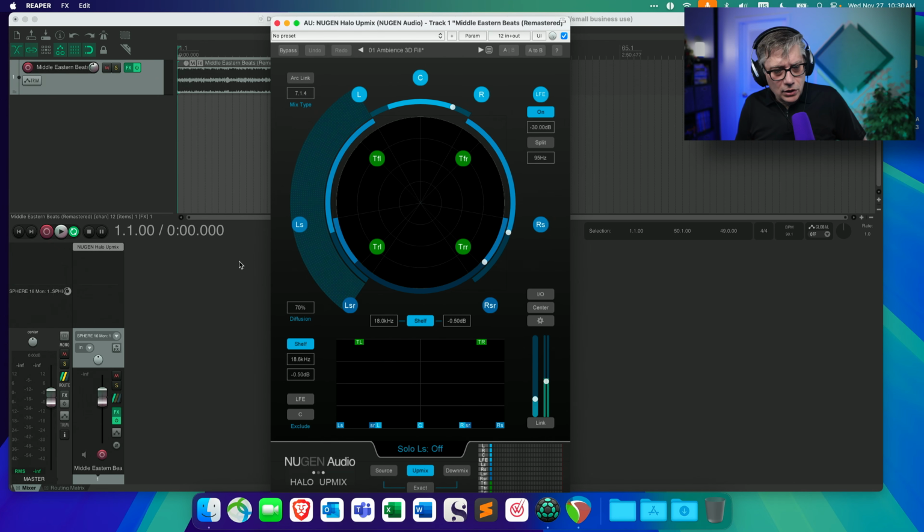So if I play the audio now, I should actually hear something through the Rodecaster. So you guys should hear that. And it should go through, once again, the upmixing plugin here, through the output into the 16-channel virtual device, into Ginger Audio Sphere, and in Ginger Audio Sphere from the 12-channel input into the 2-channel output. So you're only going to hear the first two channels, but those are the left and right channels. So the experience will be very similar to the actual track. So let's play that.